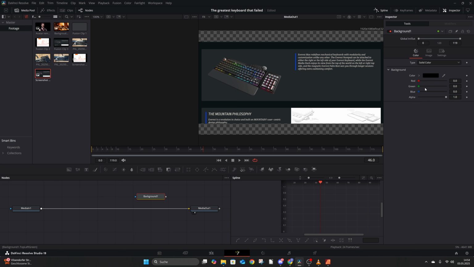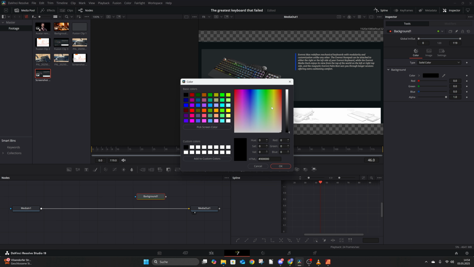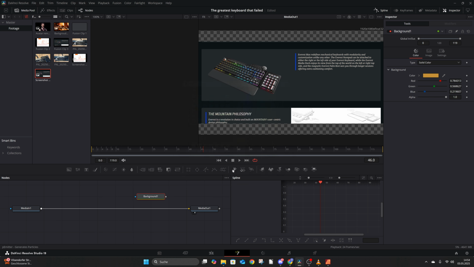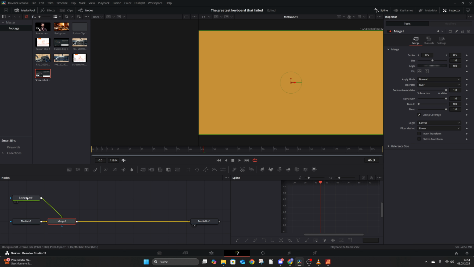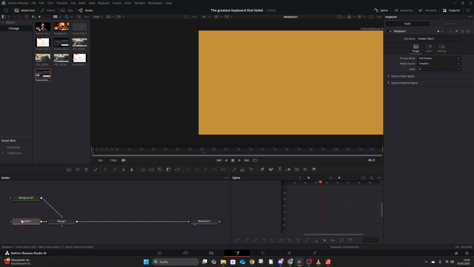Background shall also have a color. I go with, let's make it orange. Yeah, this looks fine. Take the end and put it over here. You now have merged those. Basically, the background is not really the background because it's the foreground, and our media in is the foreground in the background. So take the background, and the first thing we're going to do is we are going to add